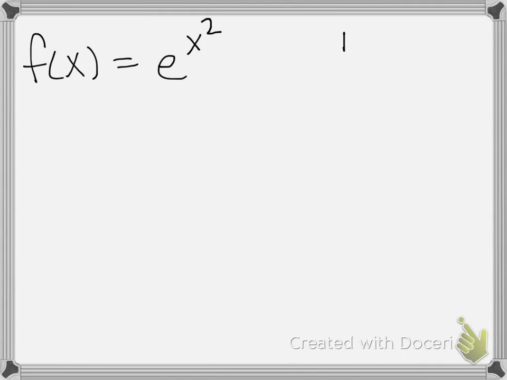So we know that this is never 0, or we never have an x-intercept, basically. But whenever x is 0, we know that our y is going to be equal to 1. Okay, so now we need to take a derivative,